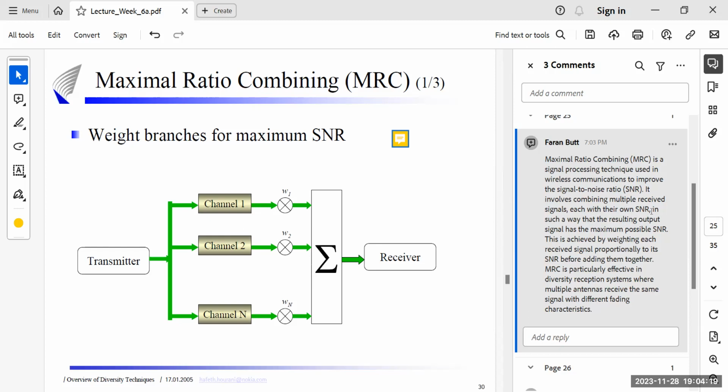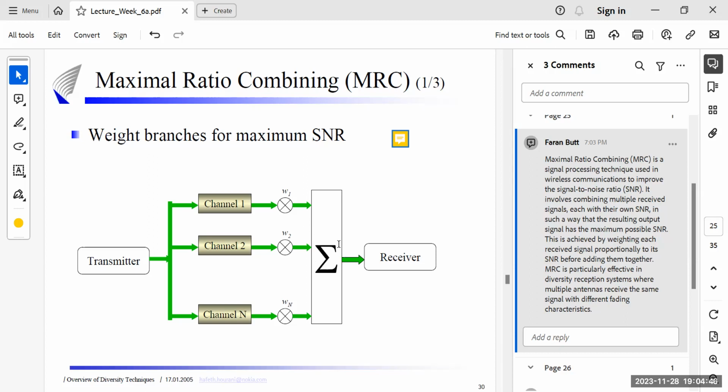Each of them has its own SNR. We are combining them in such a way that the resulting output signal has the maximum possible SNR. This is achieved by weighting each received signal proportionally to its SNR